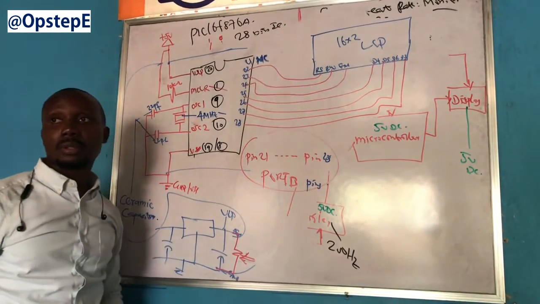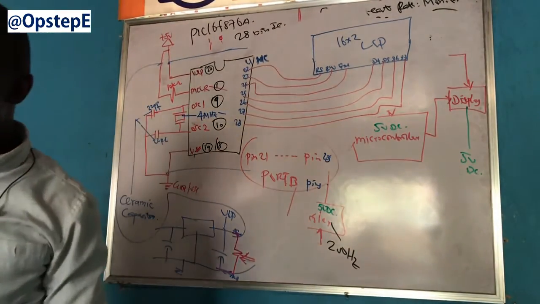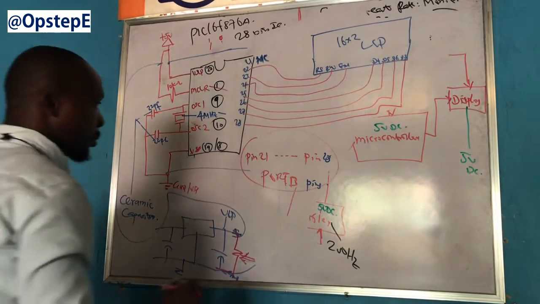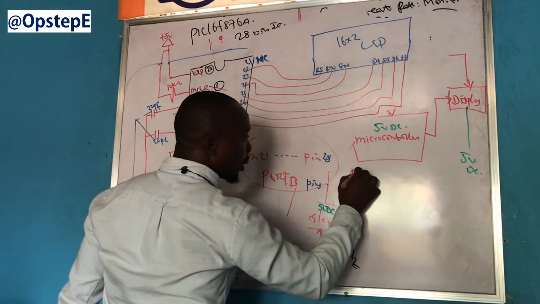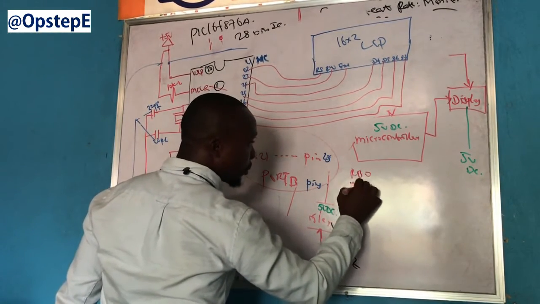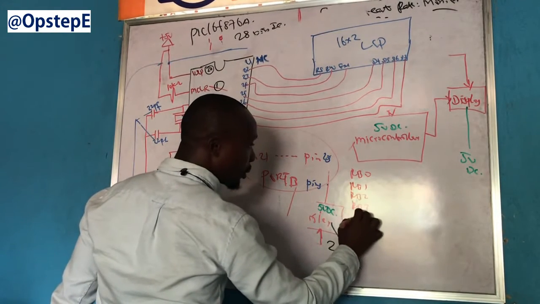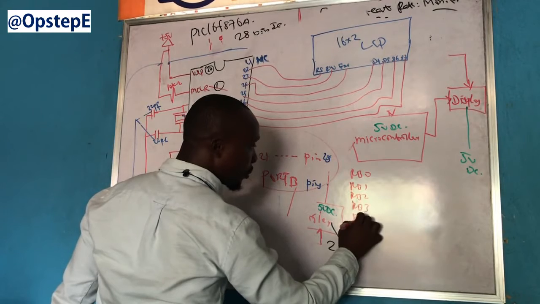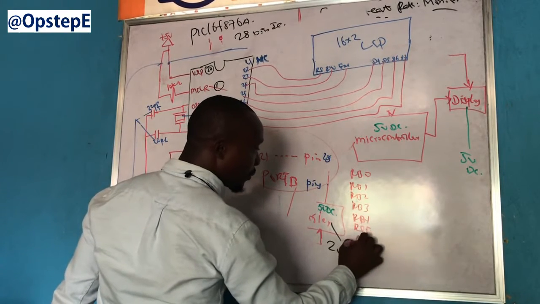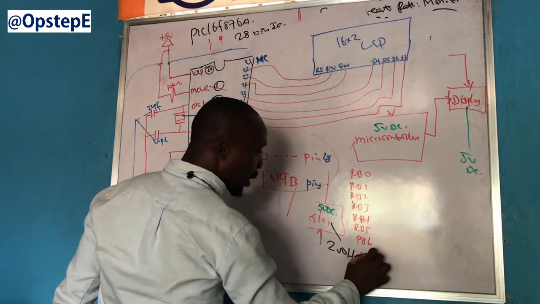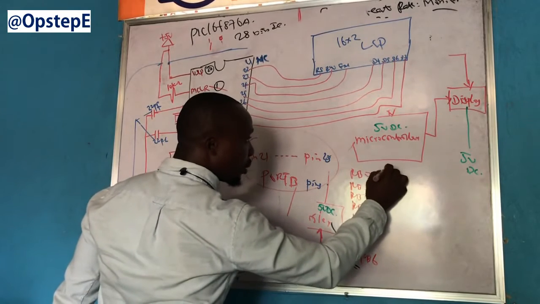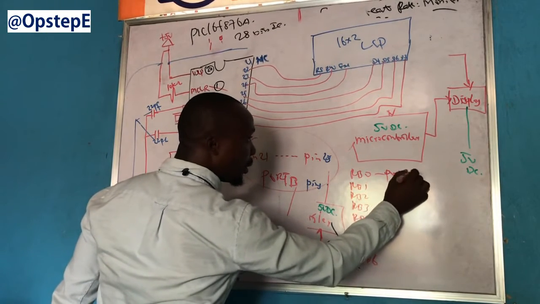Look at it: arrow B0, arrow B1, arrow B2, arrow B3, arrow B4, arrow B5, arrow B6, arrow B7 will be port B bit 0,